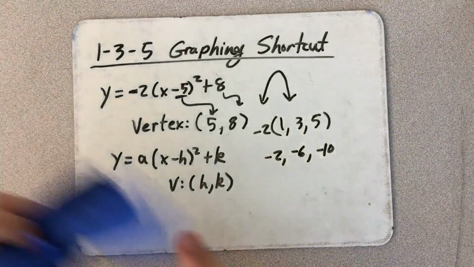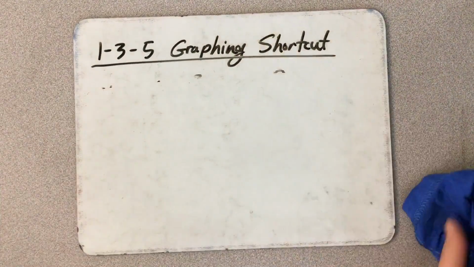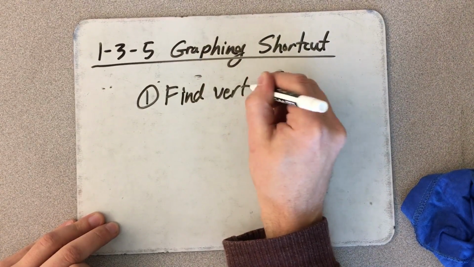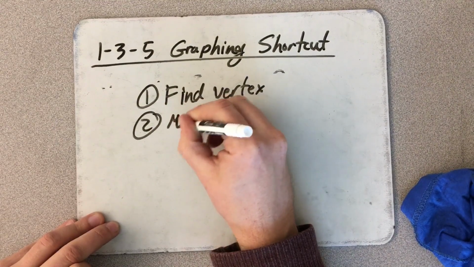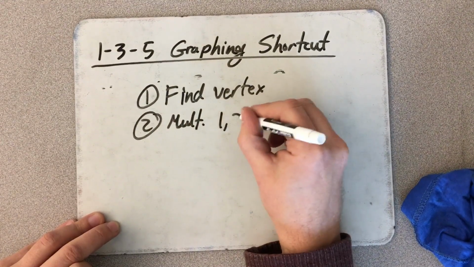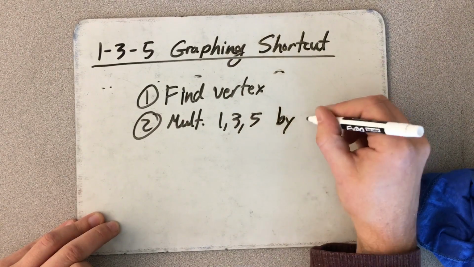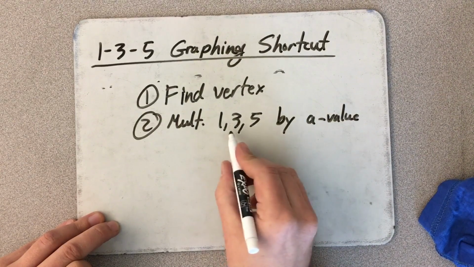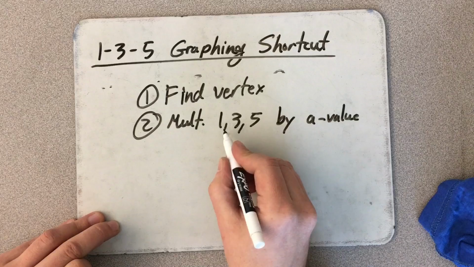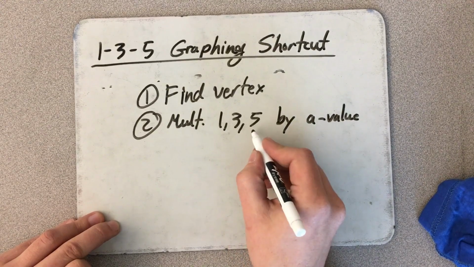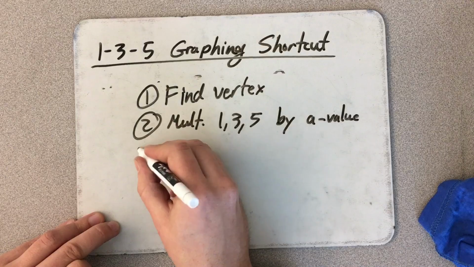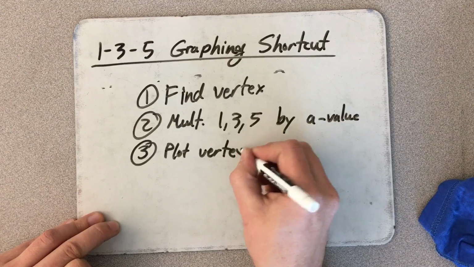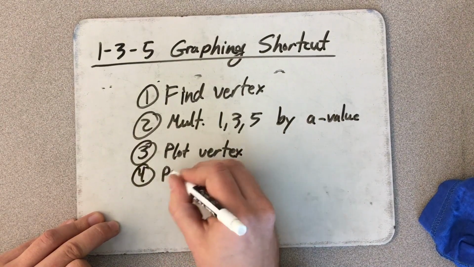So, just to summarize everything, your steps are: Step 1, find the vertex. Step 2, multiply 1, 3, 5 by your a value. So if a is 1, you just keep it 1, 3, 5. If it's any other number, like in that example with the negative 2, you multiply these numbers by that number. So negative 2 times 1, negative 2 times 3, negative 2 times 5. Whatever a is, you multiply that. Step 3, plot the vertex. Step 4, plot other points